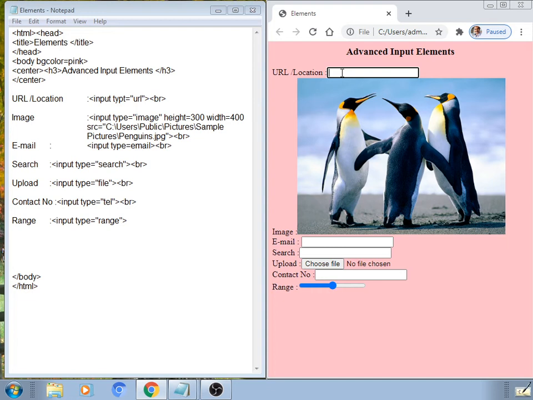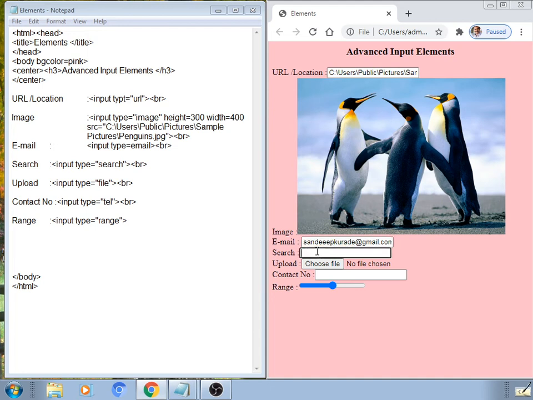Here is the location URL, image box is there. Then after, we are going to apply mail ID by using a field name called email. I am going to apply my mail ID. Likewise, a valid email ID to be provided like this.